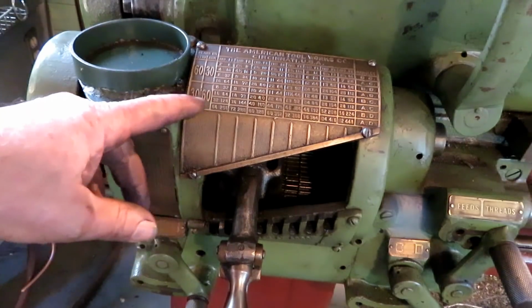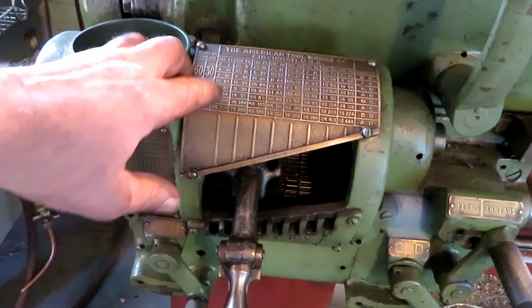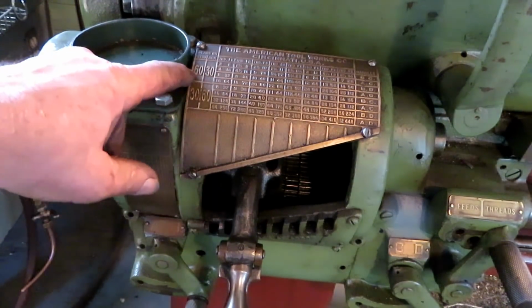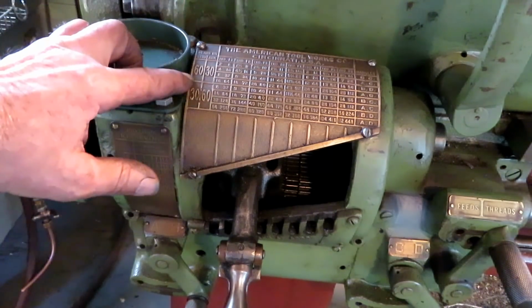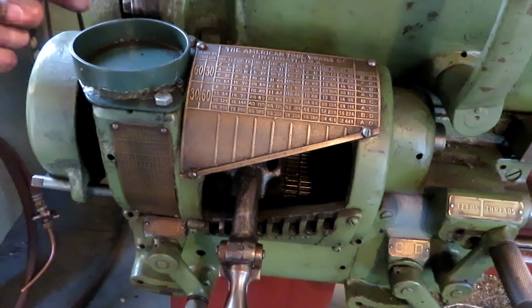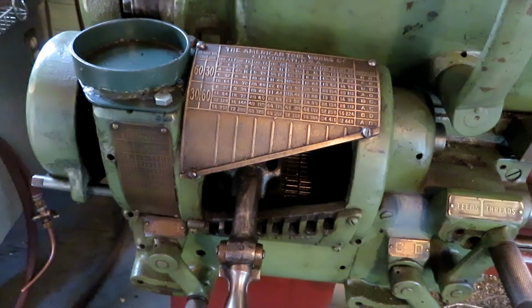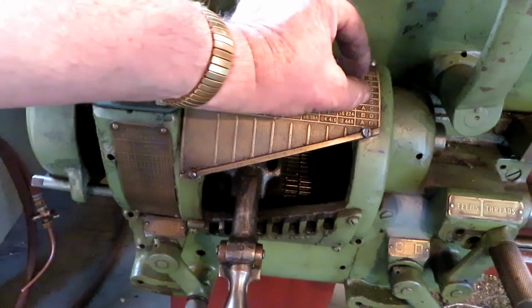I'm going to set the box up on this lathe for 5 threads per inch. So the only 5 is on the 60/30 scale up here at the top, which means it's got a 60 tooth on the stud, which is back here, and a 30 tooth on the box, which is down here. And I switched those around already. So that's set up. So we're working on this part of the